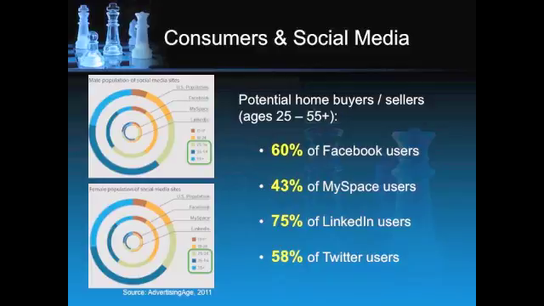How does the information we just reviewed tie in with social media? Let's take a look. Advertising Age did a survey 2 months ago and came up with some very interesting data. From the previous slide, we found out that the primary potential home buyers range from ages 25 to 65 plus. Looking at the chart provided from this Advertising Age study, it appears that